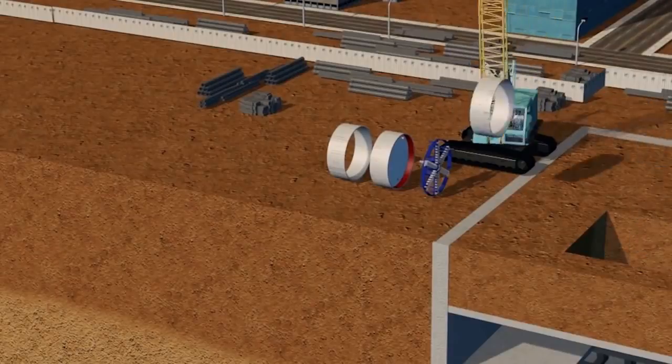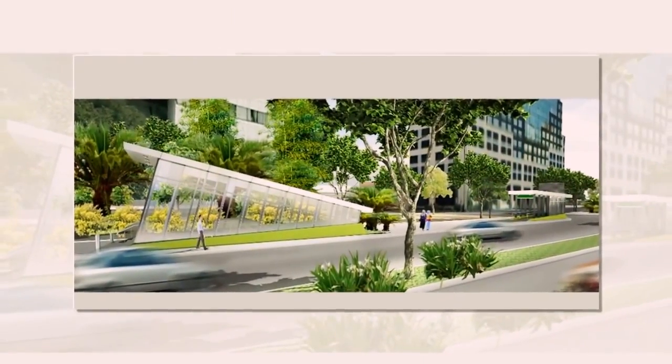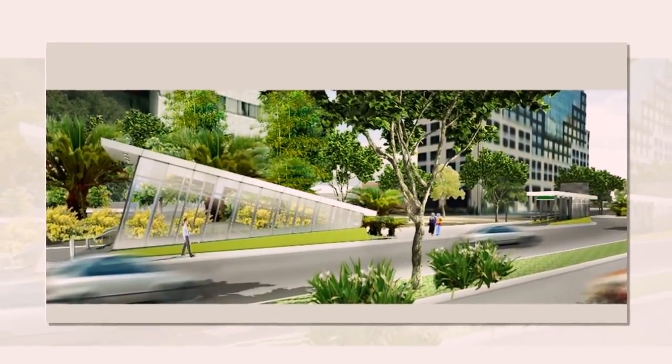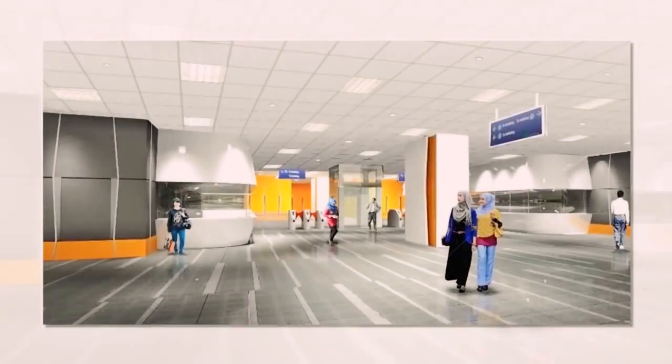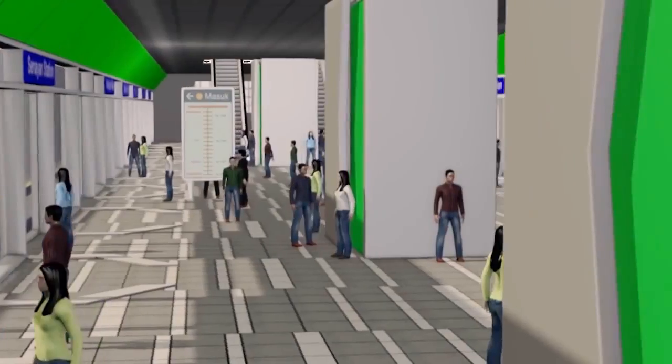After completing the station and tunnel structure, the next step is to install all the mechanical and electrical components, including architectural works. All stations' entrance and exit will be located at the pedestrian area for easy access for the MRT Jakarta passenger. MRT Jakarta Phase 1 is expected to carry